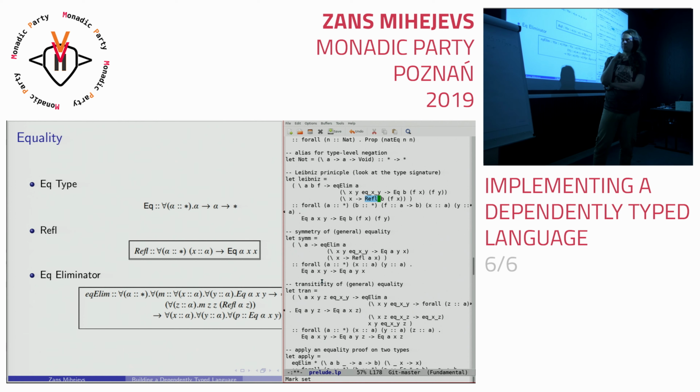So the only instance of the equal type exists when both its arguments are equal. And thus, if you write refl, because that's the only constructor we have, if you write refl 5,